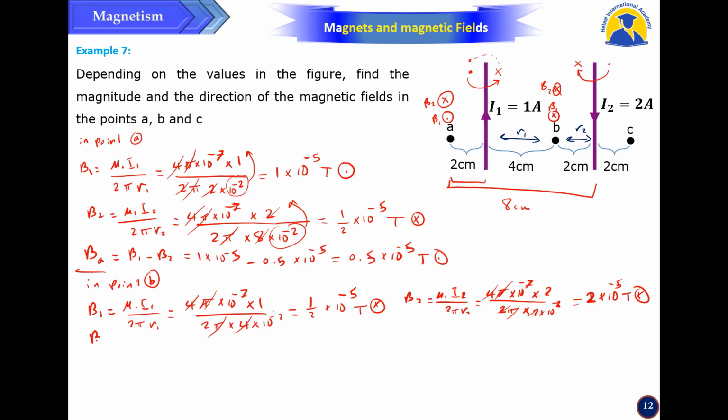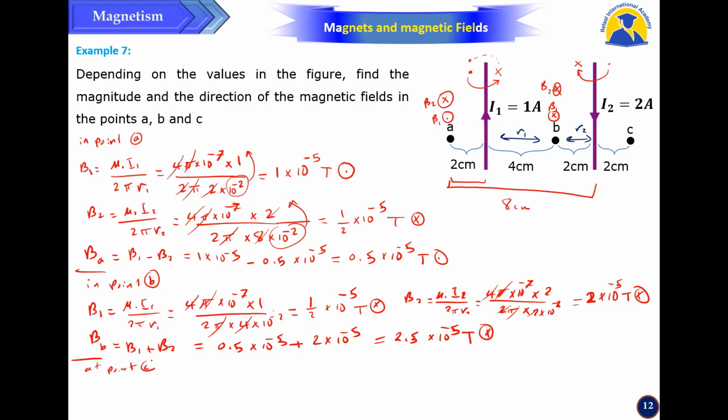So B at point B, because both are in the same direction, we add them. So B1 plus B2. So the answer will be half multiplied by 10 power minus 5 plus 2 multiplied by 10 power minus 5. So the answer will be 2.5 multiplied by 10 power minus 5 Tesla, and the direction is X. This one at point B. Now,